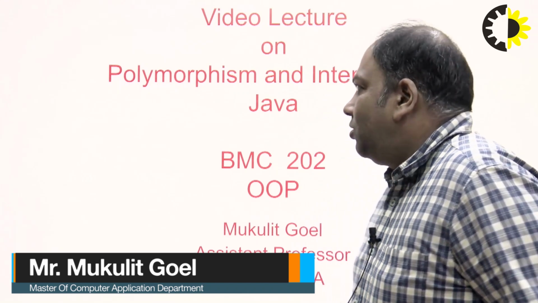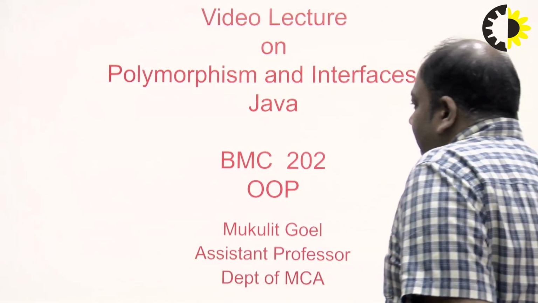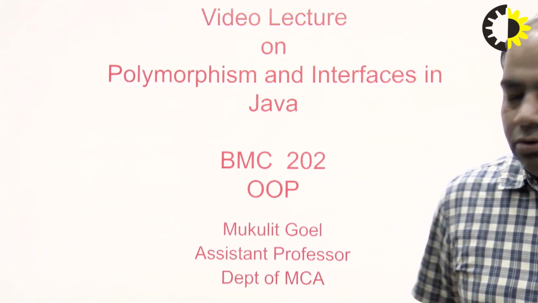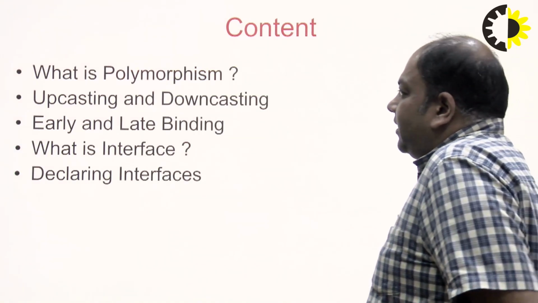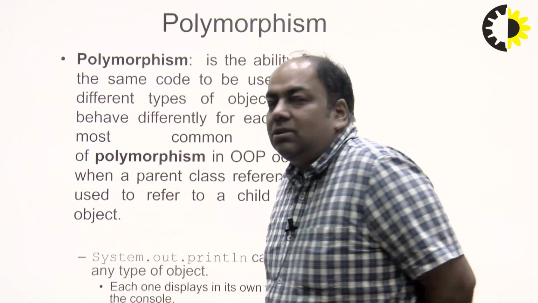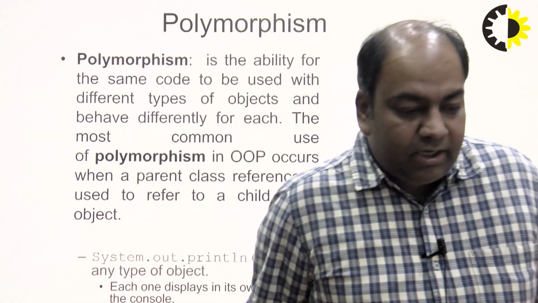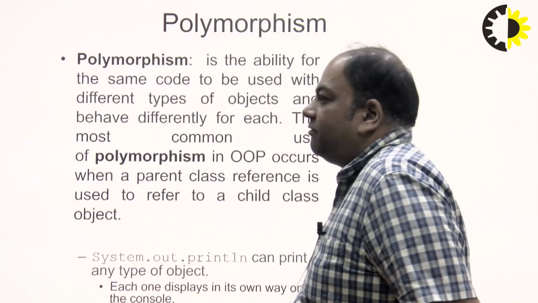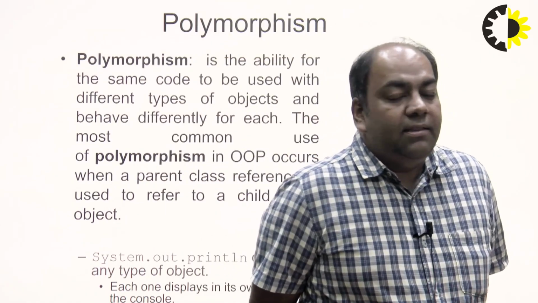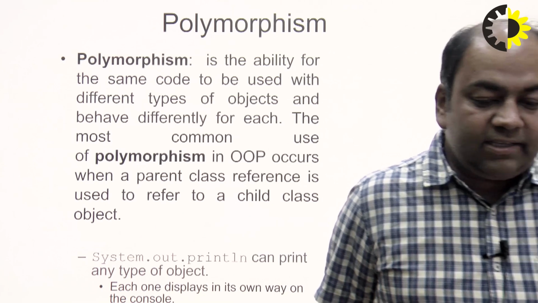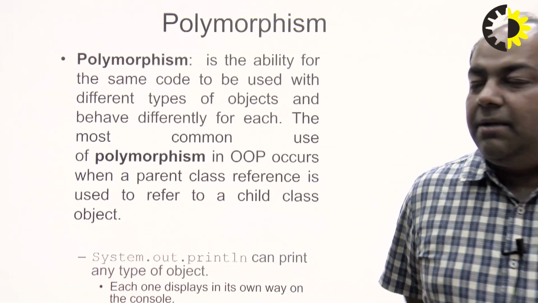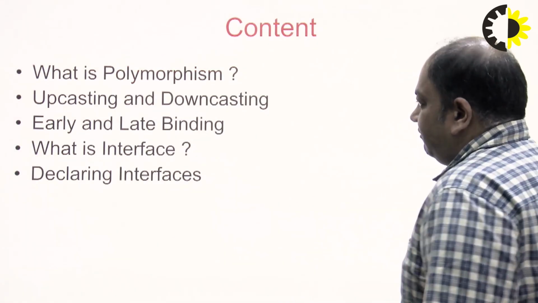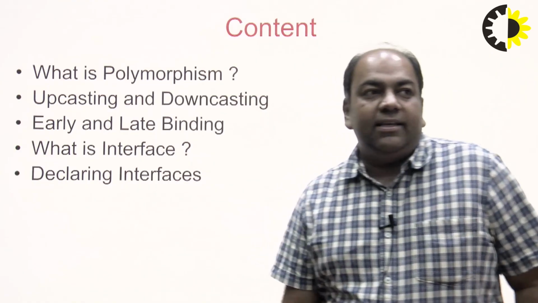Today I am giving my lecture on polymorphism and interface in Java, which is a very important concept from the subject Object Oriented Programming with the subject code BMC 202. Why do I call it important? Because if we first talk about interface, the concept of OOPS is complete due to the use of interface. As in Java, multiple inheritance is not directly implemented, so multiple inheritance is only implemented through the use of interface. Okay, so that's why it is an important topic.